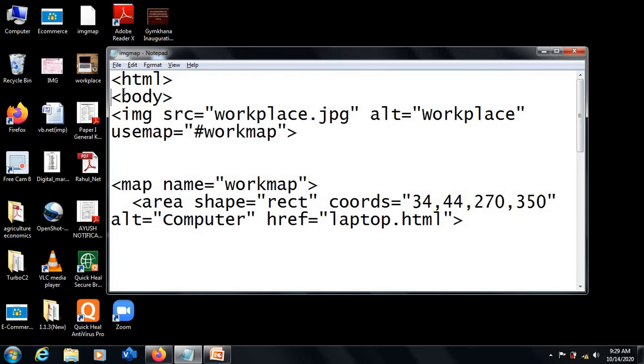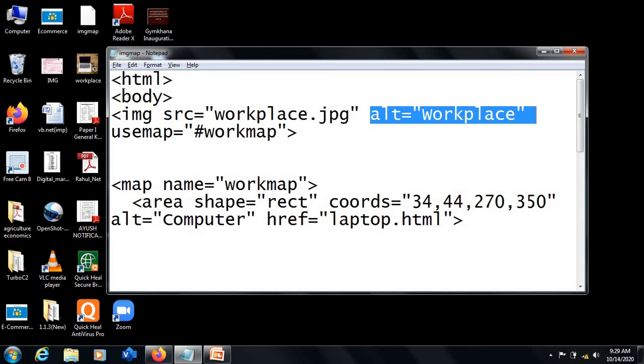After the body tag, what I have used is IMG SRC, and I have inserted an image called workplace.jpg. We are all aware of this particular attribute of IMG SRC.